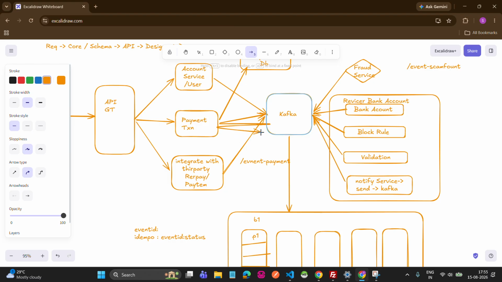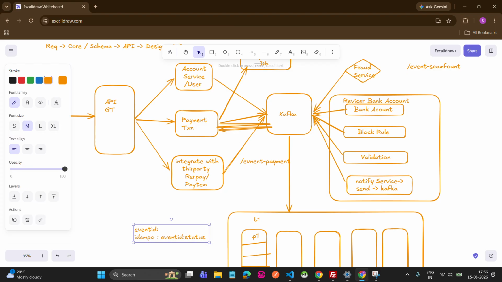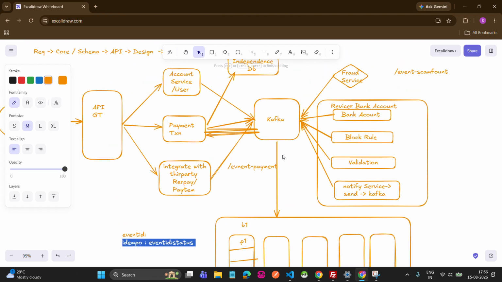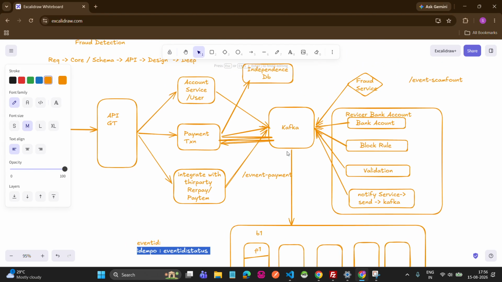So what happens? The service will keep trying to send the same event again and again. But our Kafka is consuming the event, so this means it already consumed it. That time we use the idempotent ID to verify whether the event is unique or not. So this is how we can explain it in the interview. Okay, so the next question the interviewer may ask you,